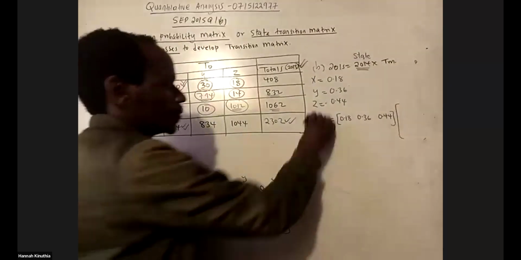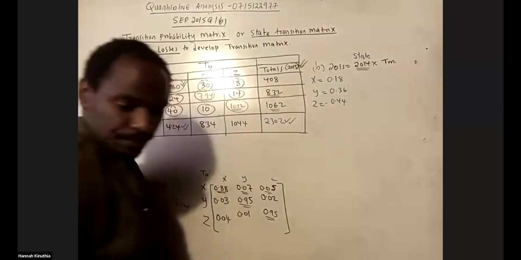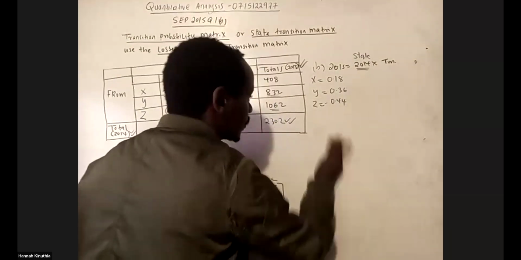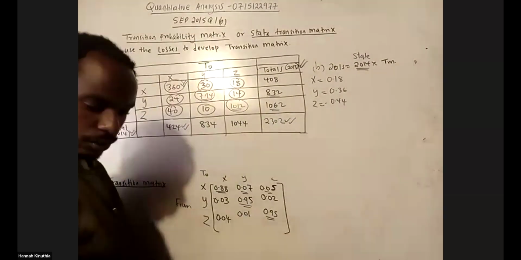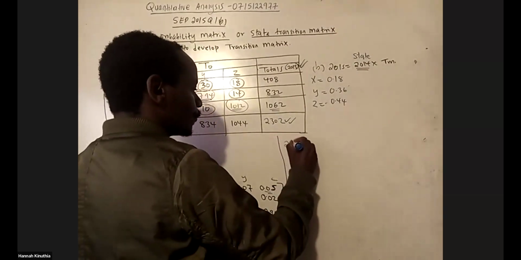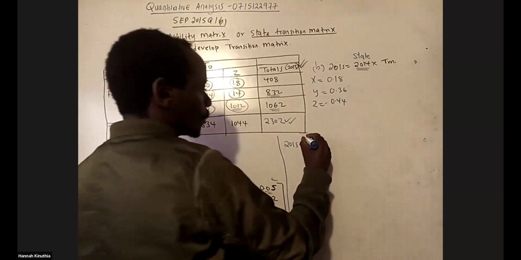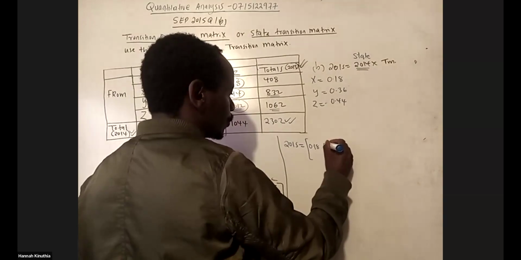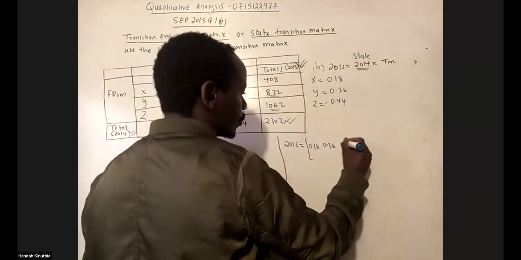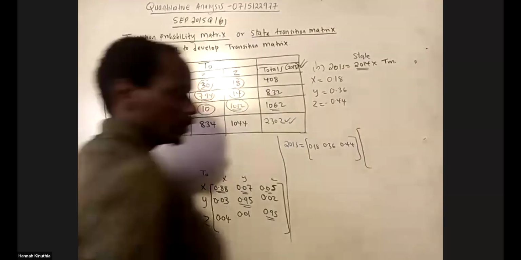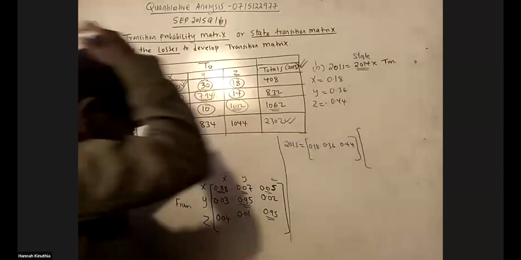Ifanyia hapa chini. Tuone kama hapo itatoshea. So tunasema for you to get the 2015 itakuwa ni 0.18, 0.36, 0.44. Then we need to multiply it with our matrix